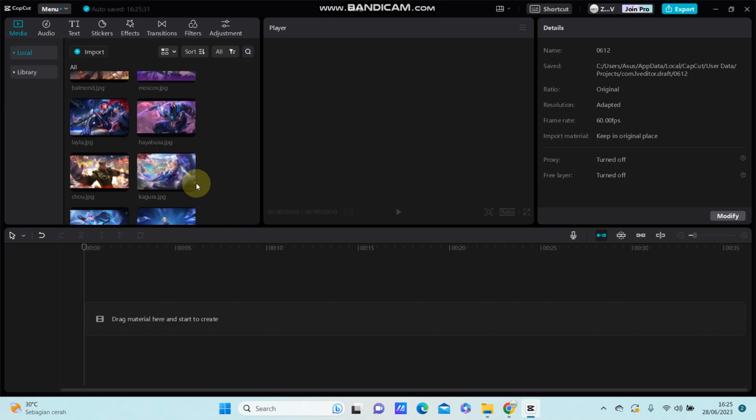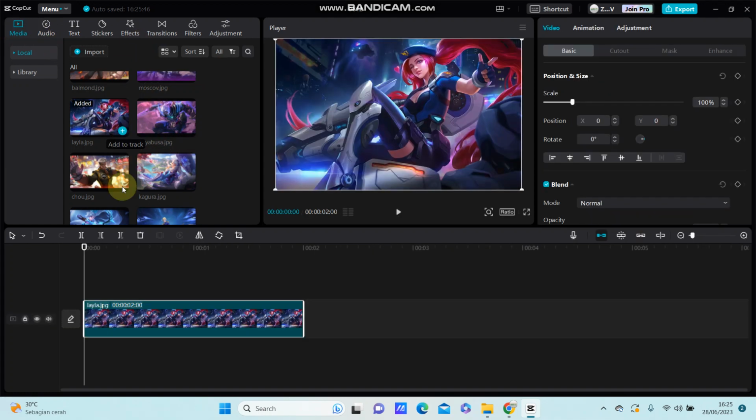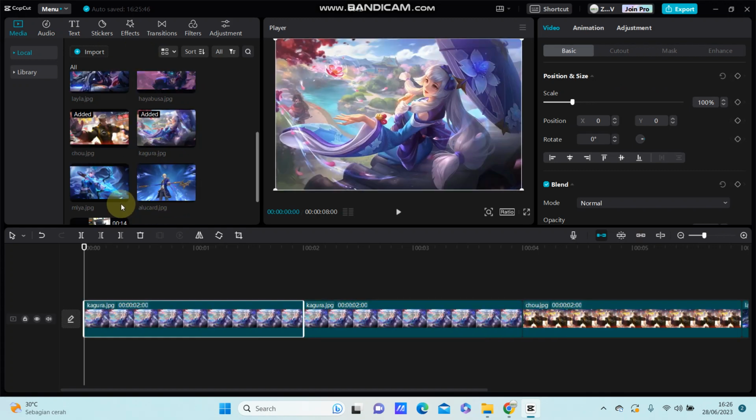Hello guys, in this video I'm going to show you how you can create the shaper light in CapCut PC using transition and combine with effect. So first, I'm just going to add dash matches to the track,